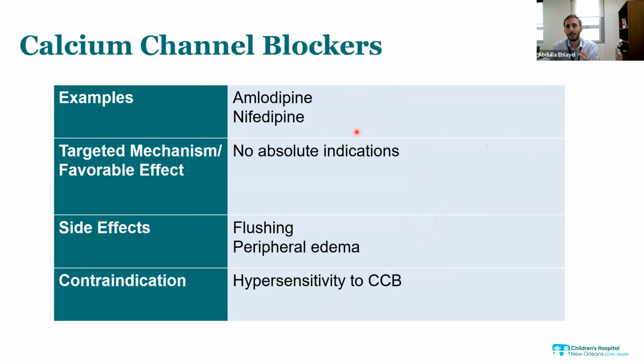Calcium channel blockers, we consider them the nice guys, neither for them nor against them. They don't have an absolute indication, but also they don't have an absolute contraindication. So it's a good medication as a first line. Usually the main side effects are some flushing, some edema for the patient. They can have peripheral edema. Mostly this is not severe enough to stop the medication. Most patients will take it and not have issues. And again, it's typically a nice medication to start with for patients that have hypertension and you don't have a specific mechanism or underlying cause to treat.